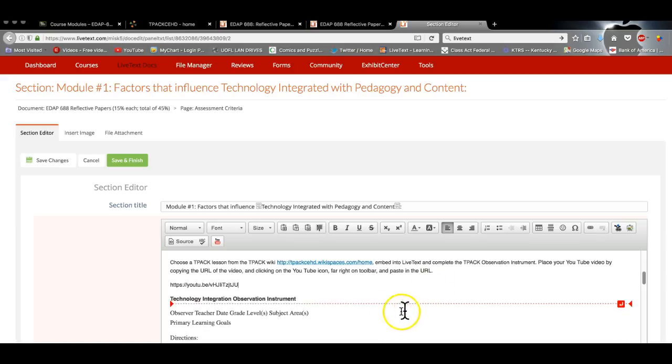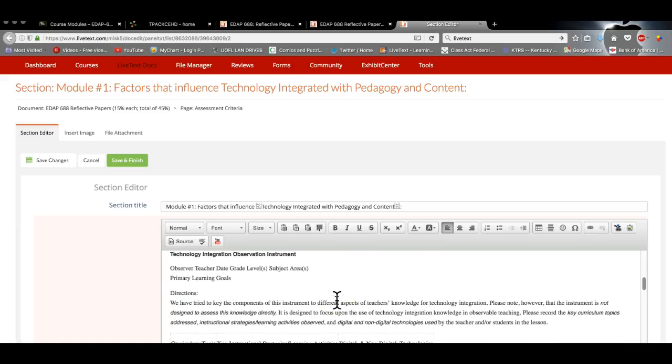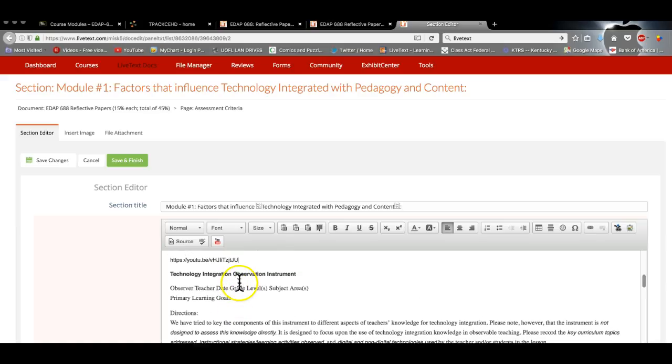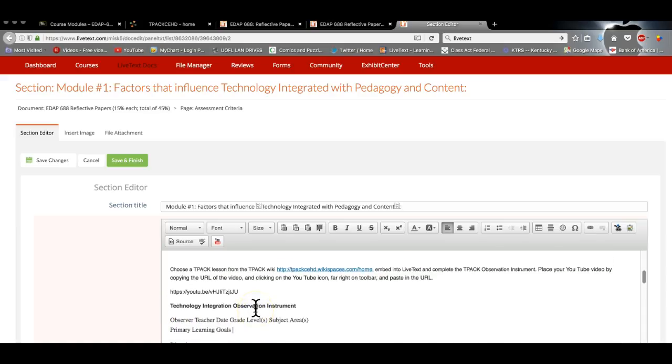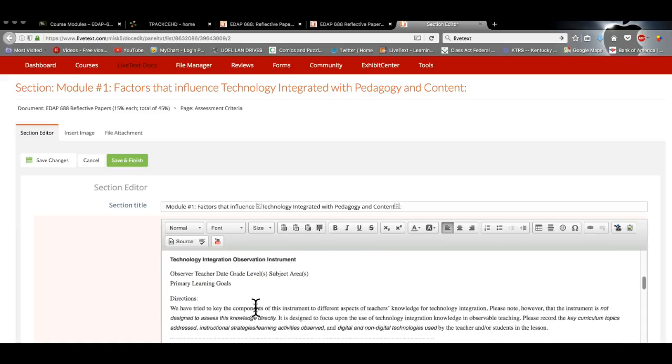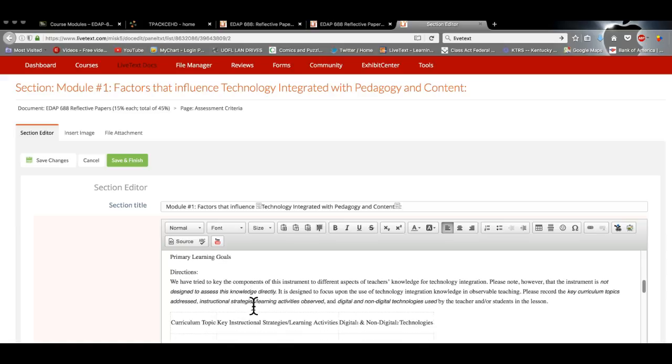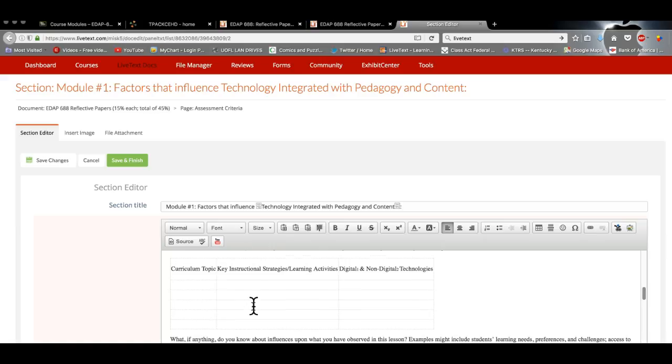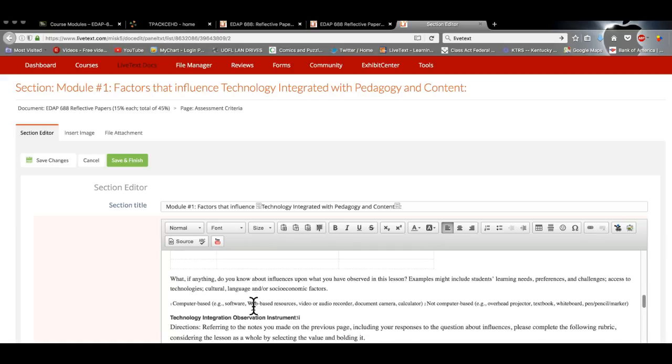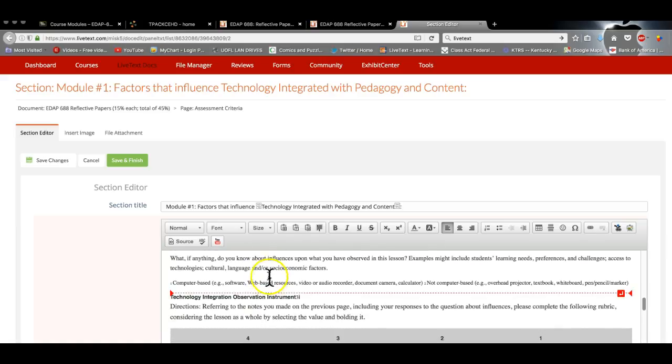There it is. Then I'm going to come down here and start filling in the information. In other words, what I saw in that lesson, what were the primary learning goals that I thought were going on there? What was the content that the teacher was trying to teach? Then when we get down here, we can talk about what you know about anything that you observed